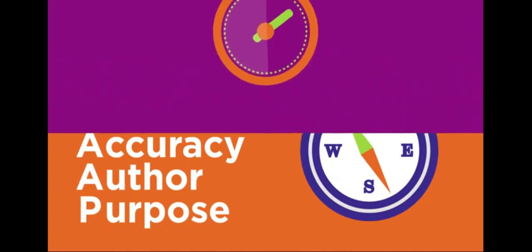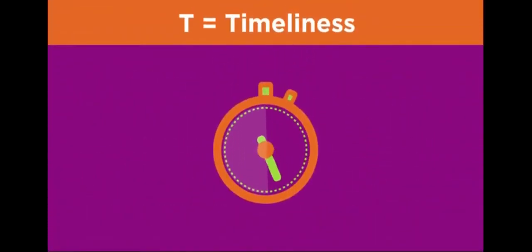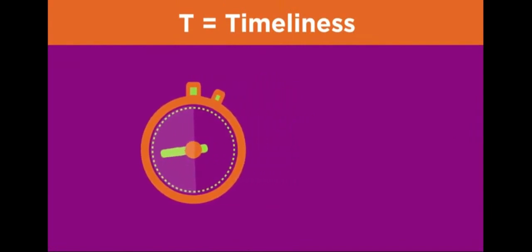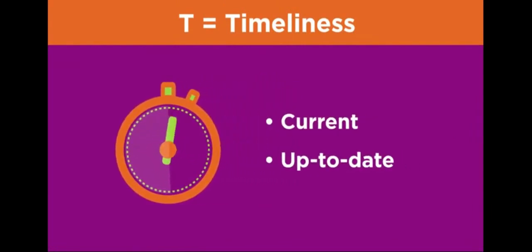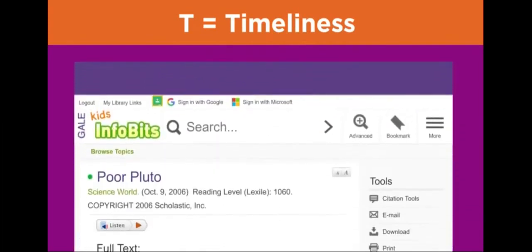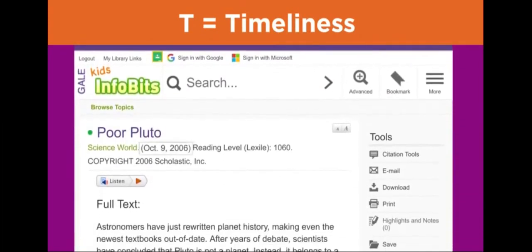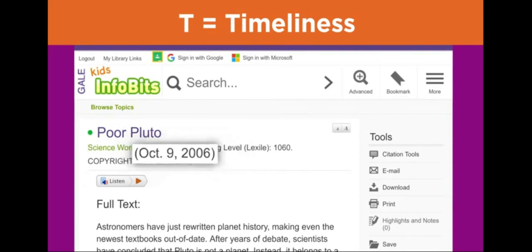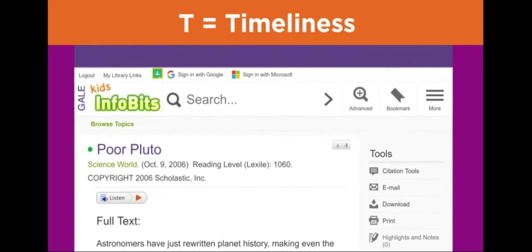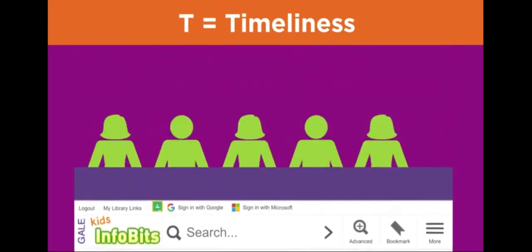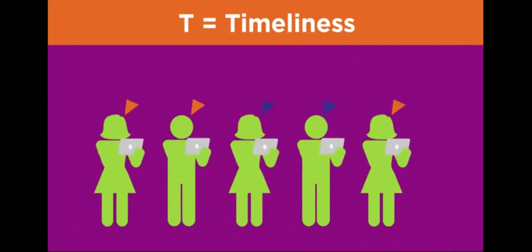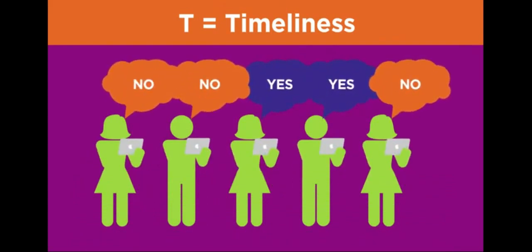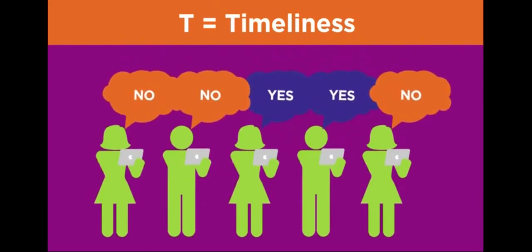The T in TRAAP stands for timeliness. Timeliness means information that is current and as up to date as the topic needs. First, find out when this information was created. The date could be when the information was posted, originally written, or copyrighted. If you can't find a date, use your own judgment to determine if the information is current. People do view topics differently and talk about them in different ways at different times.